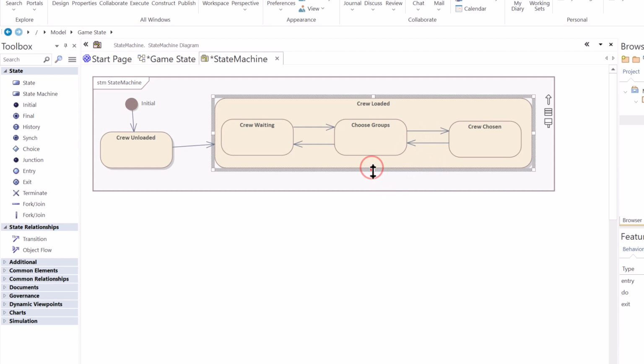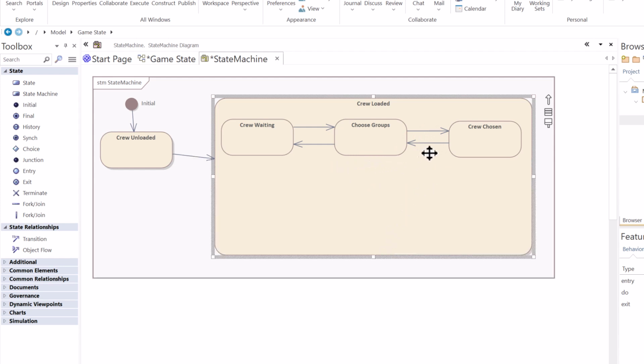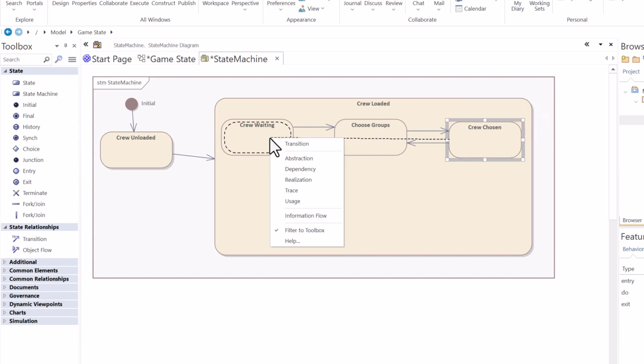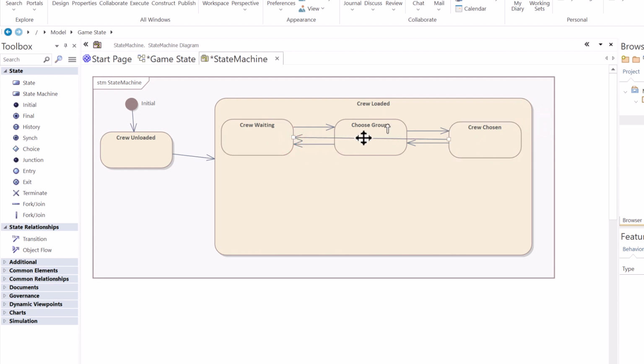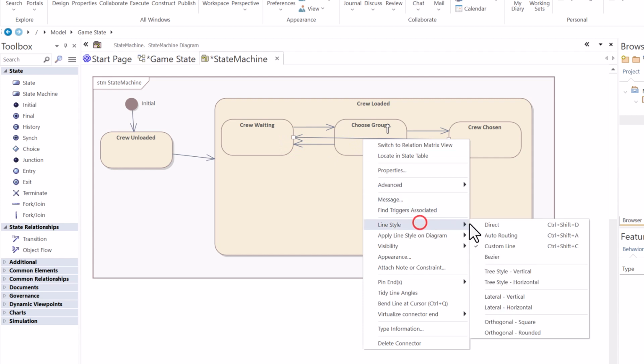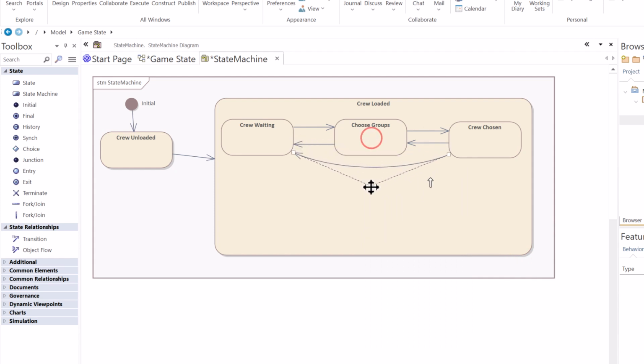And we are going to have a transition. Once the crew is chosen, you could have a transition where you just stop and you go all the way back to crew waiting. So let's draw in this transition. I want to change this line type here. So I'm going to right click on it, line style, and I want to choose Bezier. So we're going to draw that in, and this line style gives me the ability to do a bend and just pull it out of the other line styles that you see here